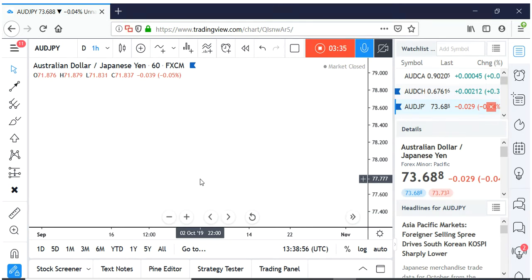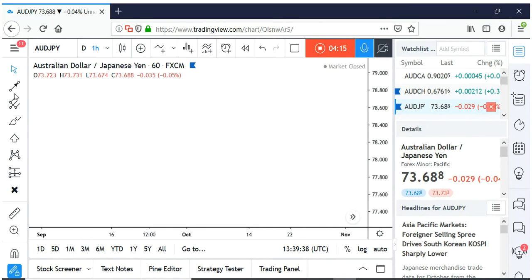So the consolidations and retracements are created by the bank traders taking profits on their trades. If the market is moving, making higher highs and higher lows, like we discussed in our previous video, in an uptrend the market makes higher highs and higher lows. It gets to a point when the uptrend will pause, will stop. Remember, I said in my previous video that the market does not move in one direction for a long period of time.